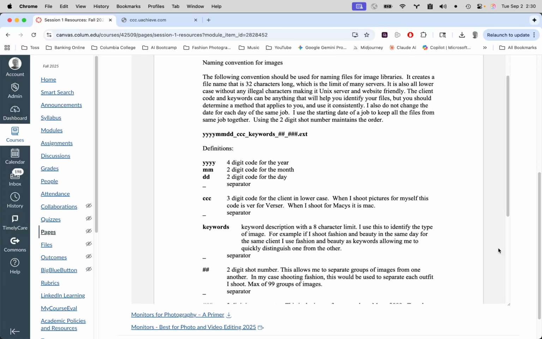How many people in this room have a standardized naming convention for every file you shoot? Go, raise your hand, be proud. And what's your naming convention? How does it work? Date? Okay, so it's kind of a variation on the one that I'm going to suggest. I'm going to show you mine. Now, you can embrace mine, you can use mine, you can say, no, I don't want to use yours, but